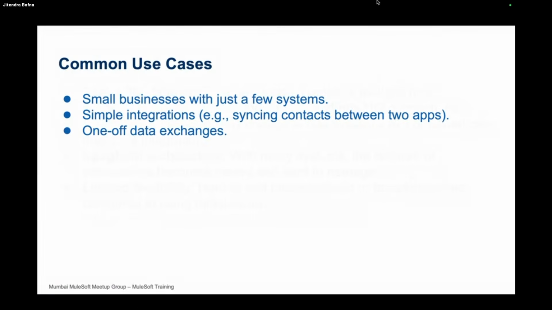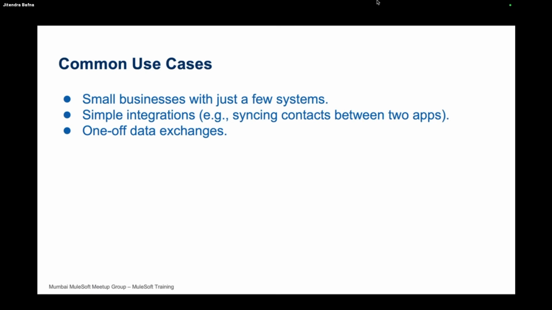The common use case, if you have a small business with few systems, is that you can go with P2P, or point-to-point integration, for data exchange. In some organizations, when they are doing a migration and want to move data from one system to another, you can use this P2P integration just for migrating data. It is a one-time activity, so it's not like you are updating the delta records every day or every 20 or 30 minutes.